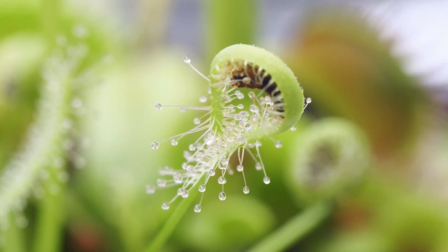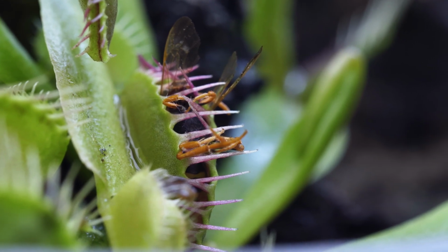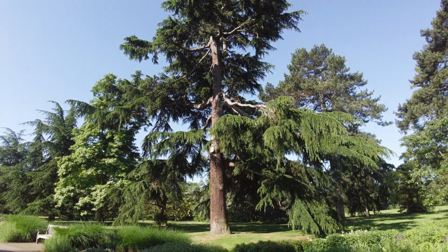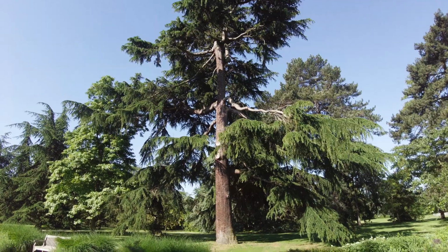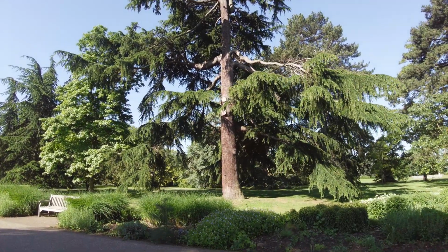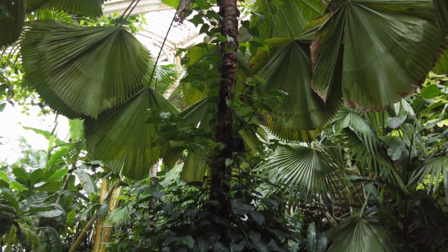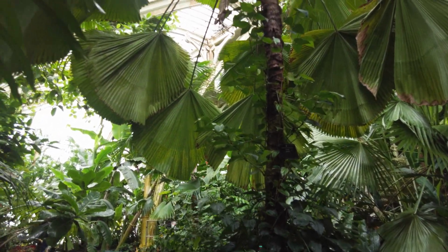Why am I showing you all this? Because you can find such predator plants in the park, which I'm gonna show you today in Kew Gardens in London. Aside from all these plants, you can also find in the park the stinkiest plant in the world,